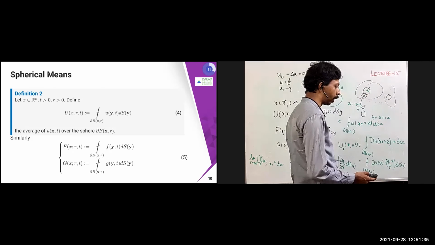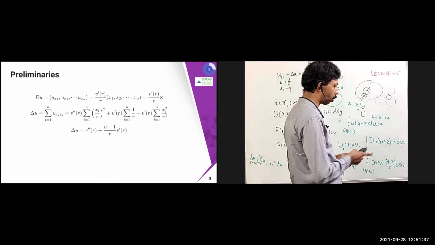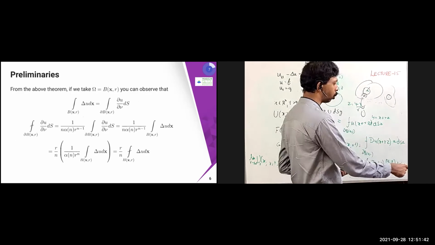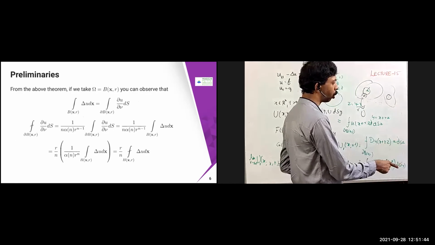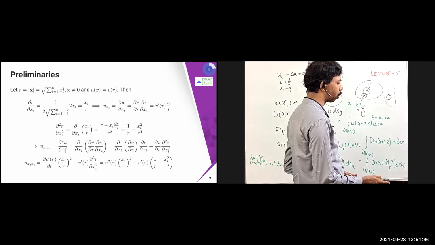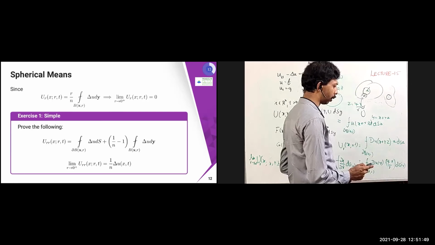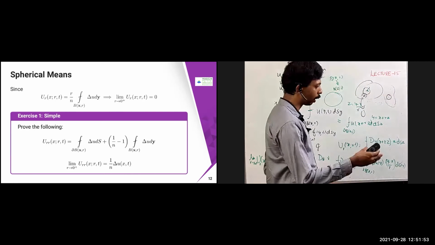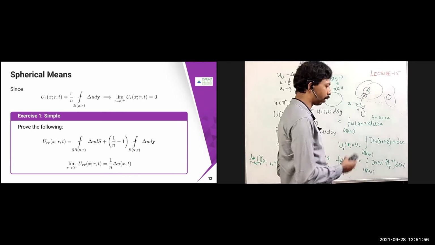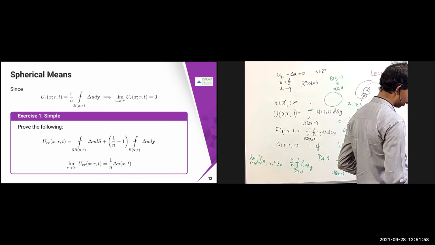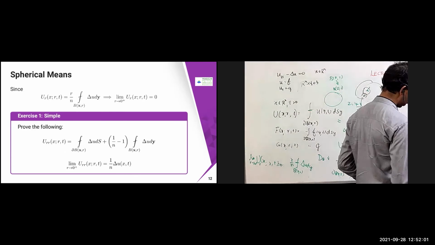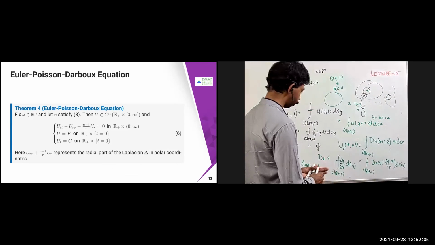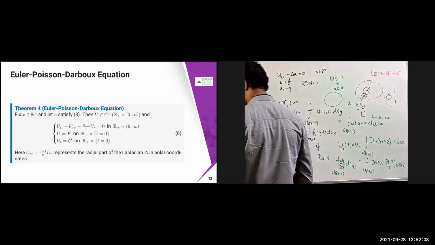So in this case, what you need to derive is that one part we have used, this part, you have to use it. This part, del u by dou nu, we have used, right? So this part once again you have to use, and then you can update it. That part I leave as an exercise. So urr also you can obtain in a similar way, and then you can prove that the limit as r tends to 0 of urr of x comma r comma t is also going to be there. So prove this one. I'll give it as an exercise, and this is going to be used for the next one, called the Euler-Poisson-Darboux equation. Let us derive only this part and then let's complete the class.